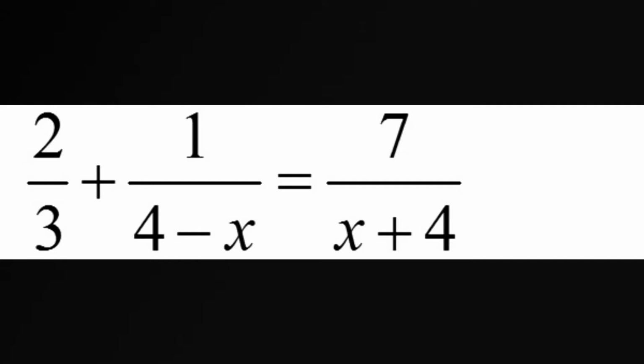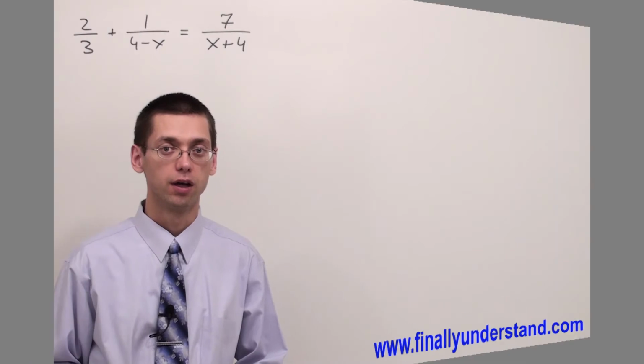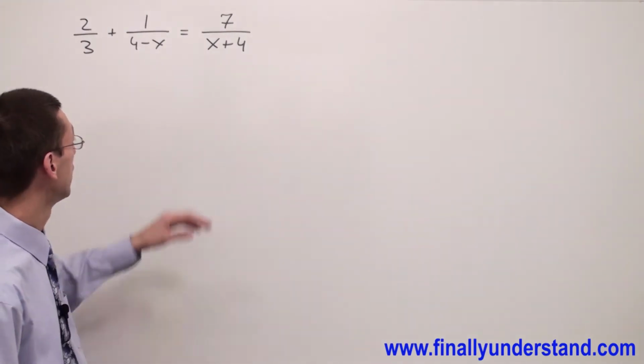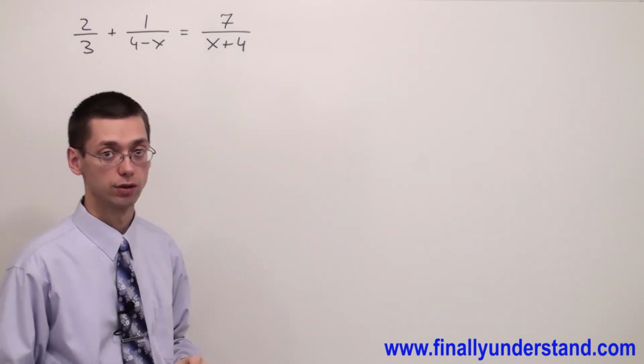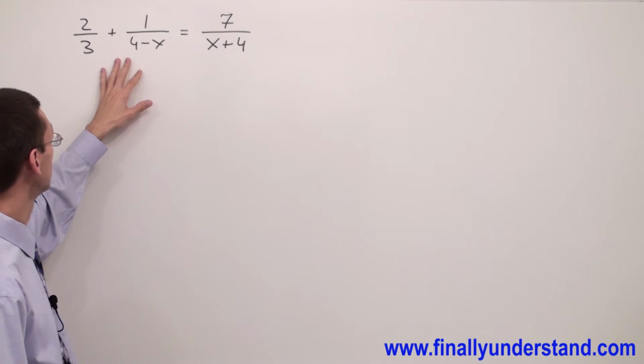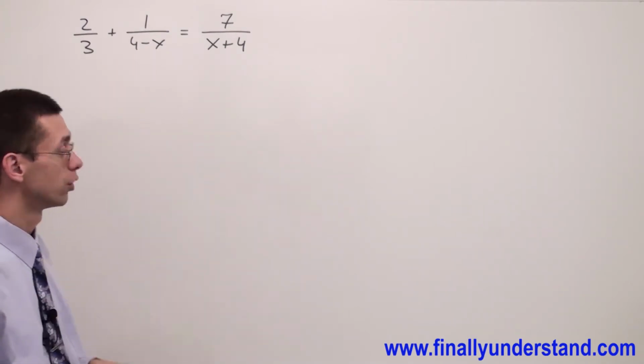Let's take a look at this example. This time we have two fractions. On the left side of the equal sign we have the sum of two fractions and one fraction on the right side. What I'm going to do first, I'm going to add these two fractions, and after that I'm going to use